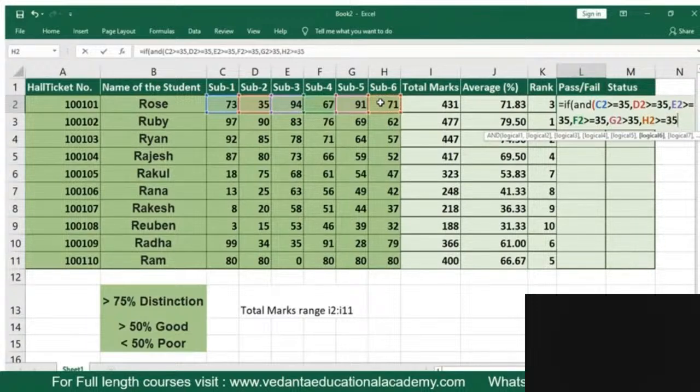Now it is done, right? Then simply close the bracket, comma. So in all these subjects, if C2 is greater than or equal to 35, D2 greater than or equal to 35, in all subjects, if the person is getting greater than or equal to 35, then the person will be given as the result. Double quotes open, because they are going to add a text, double quotes open,